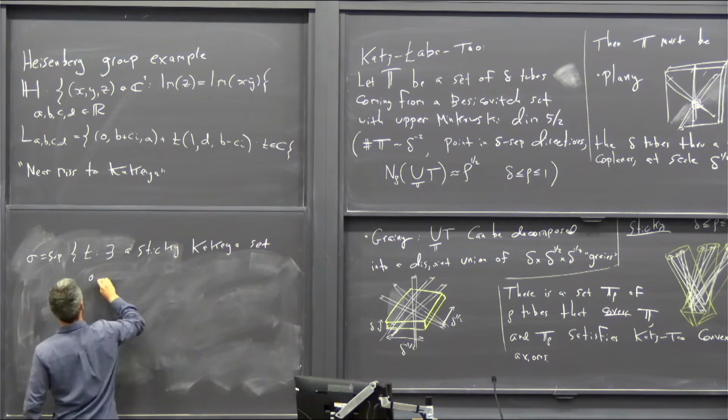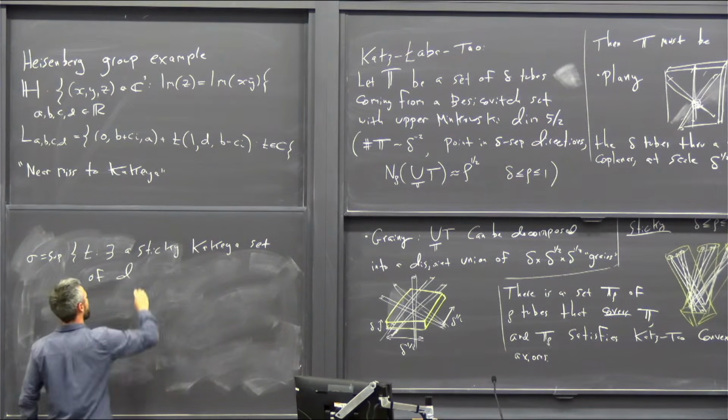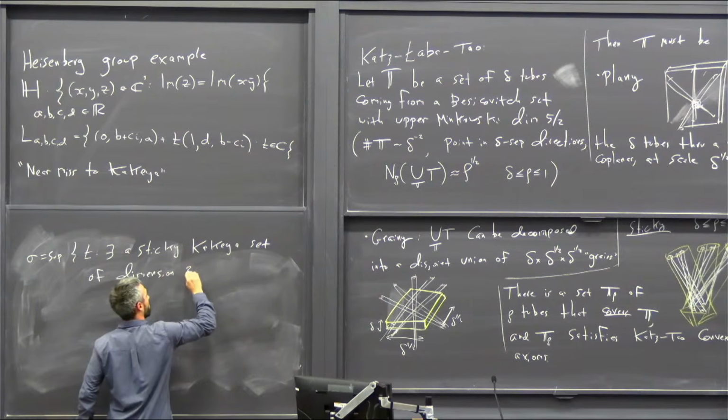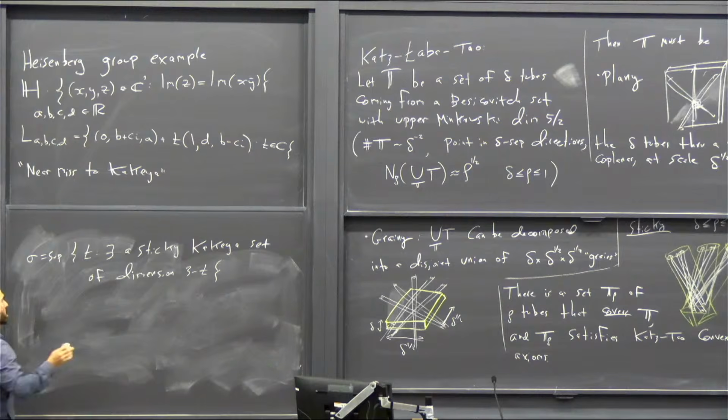This isn't the real definition, but this is what motivates our definition of dimension 3 minus T. That's not a very workable definition. A slightly better one, so this is perhaps just the inspiration,